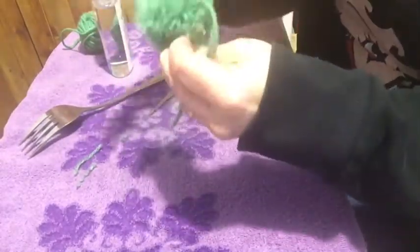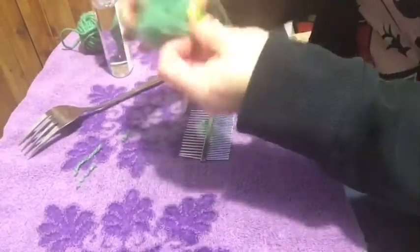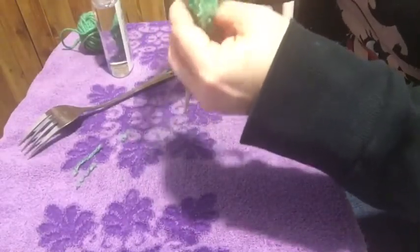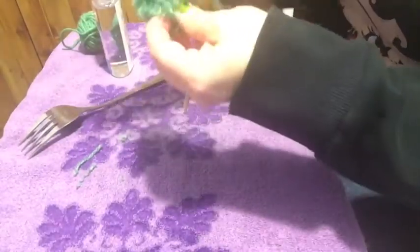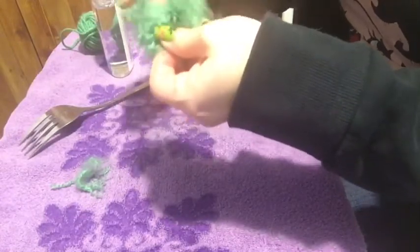That's how I know to use the glue, because when my kids were younger, they'd sit there and they'd pull the threads, the yarn of the pom-pom. Used to drive me nuts because it would look so cute with the pom-pom. Then all of a sudden they'd say, "Mom, my pom-pom fell apart." It wasn't that their pom-pom had fallen apart, it was that they had pulled it apart. Anyway, they don't do that anymore. They're big